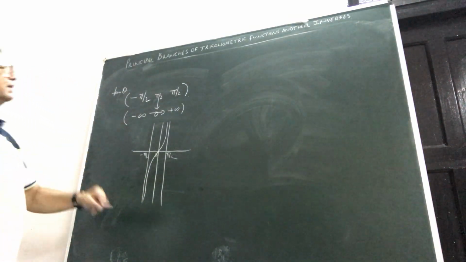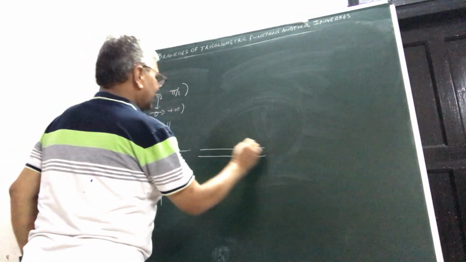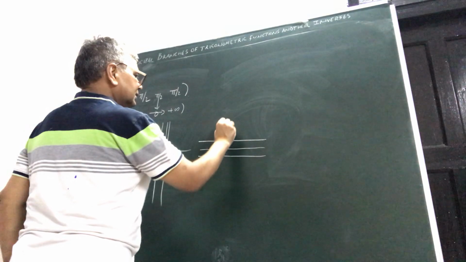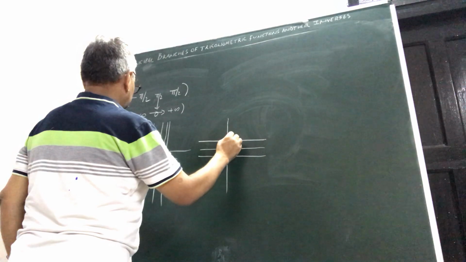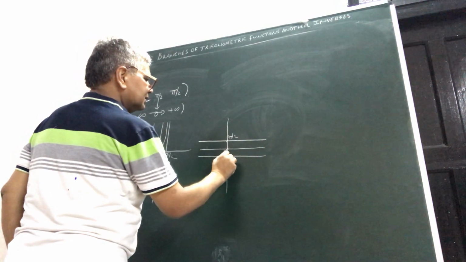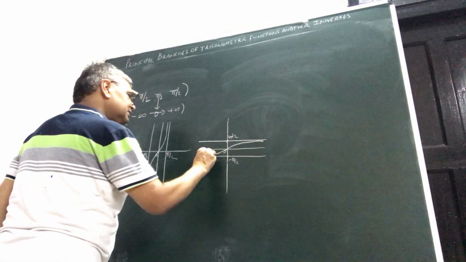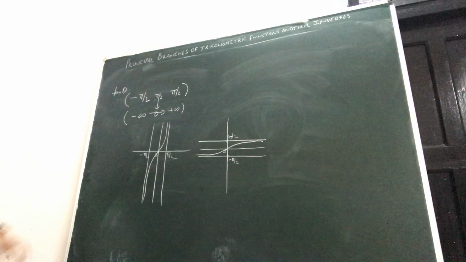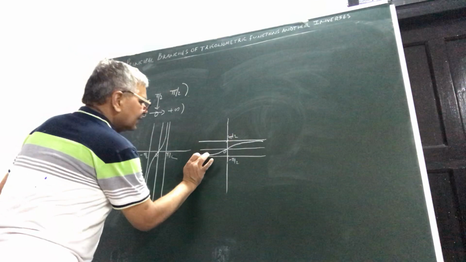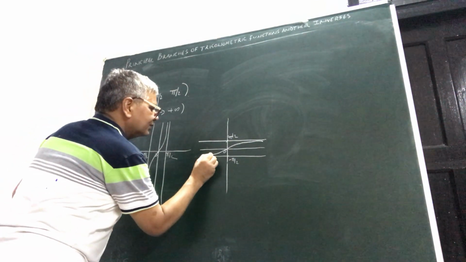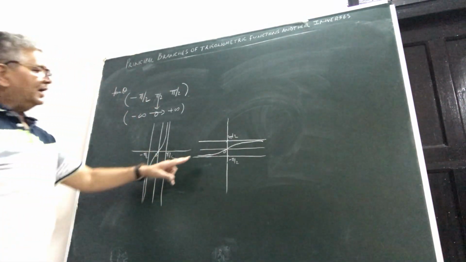In the principal branch. And if you want to draw the curve, then see, draw a line like this. And suppose this is your origin, this is 0, this is now pi by 2 here, and this is say minus pi by 2 here. So now see the graph will go like this. Please see. Minus infinity to plus infinity. As you go, this will keep on gradually diminishing towards the x-axis. It won't coincide with it. At infinity, it will come closer to it.